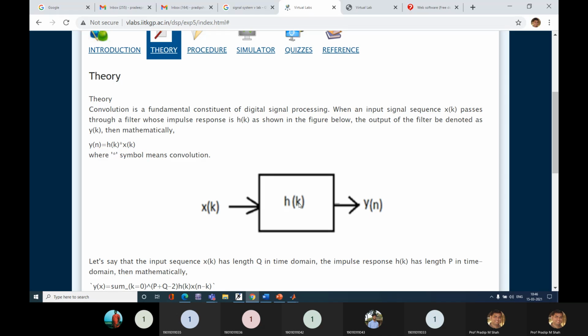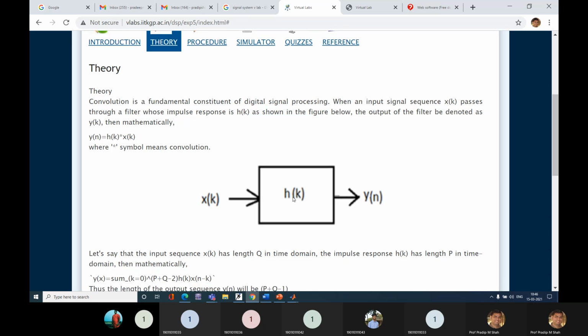Are you aware about this, or should I specify more about h of k? Okay, fine. So suppose you are not aware about h of k. Suppose any unknown blank system is given.